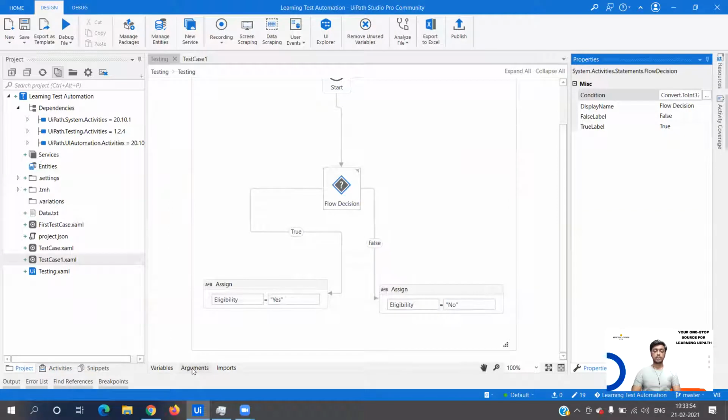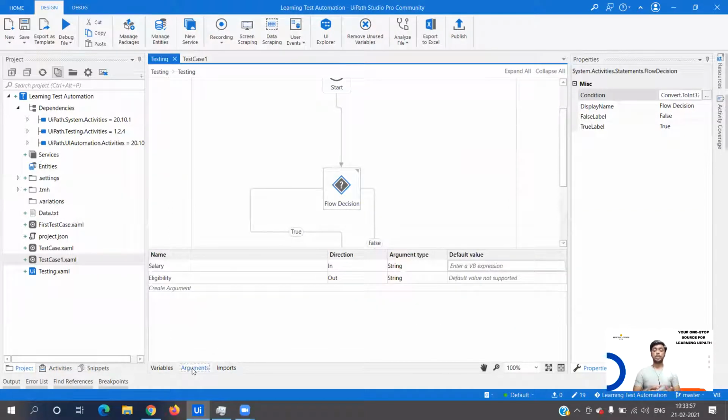And if it is greater than 5,000, now one thing that you need to make sure is that whatever your inputs or outputs are going to be, you keep them as arguments, because we are going to convert the same workflow into a test case and not build a completely different workflow. So make sure you have them as arguments, and if you are creating some variables only for processing, then you can keep them as variables. But other than that, whatever you want to give as input and take as output in your test case to verify or do any further processing, make sure they are arguments. So this is the one point that you need to keep in mind.